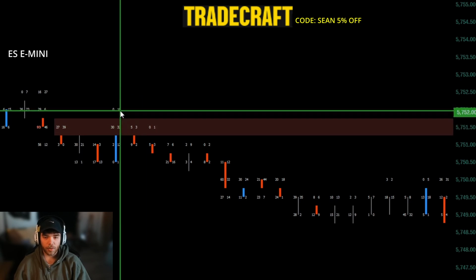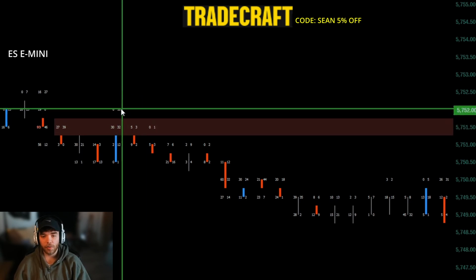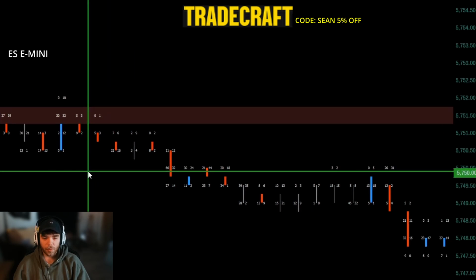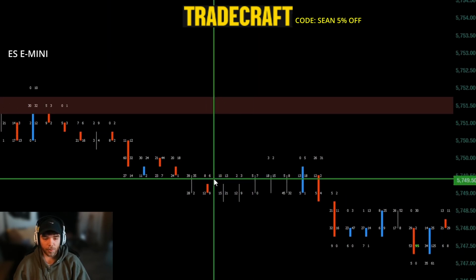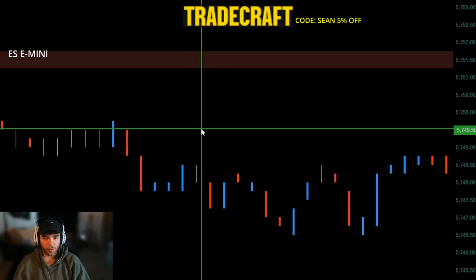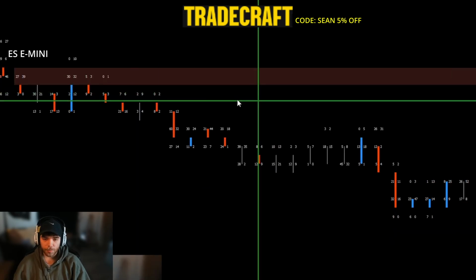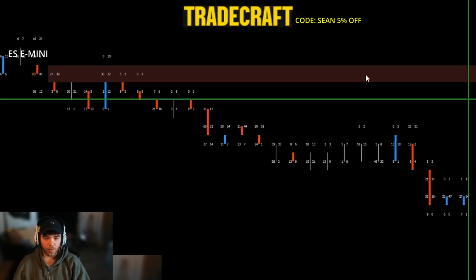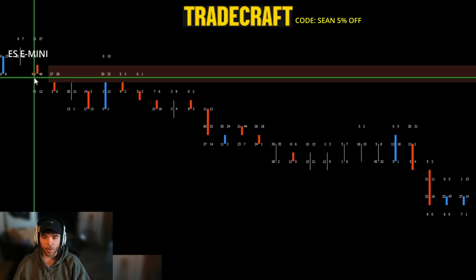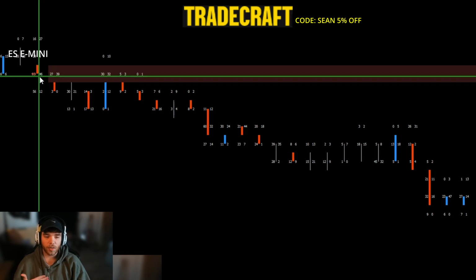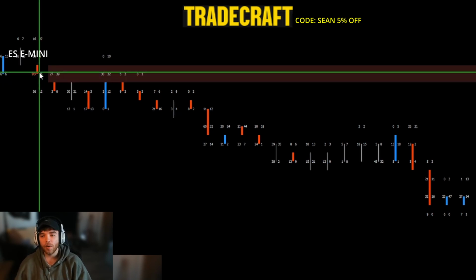Only 10 traders from the long side were even filled above this initial imbalance in the market. By the way, these are called stacked imbalances, is how I use them. But, so yeah, towards the market open here, and this is the 19th. At this point, if I were trading this, and I didn't take this trade because it was pre-market or whatever, I'm going to wait and see what happens when we come back into this supply, because we know that there's a seller waiting to be filled here. He was already filled. Chances are that the next time the market comes into him, he's going to add to his position, defend his position, or